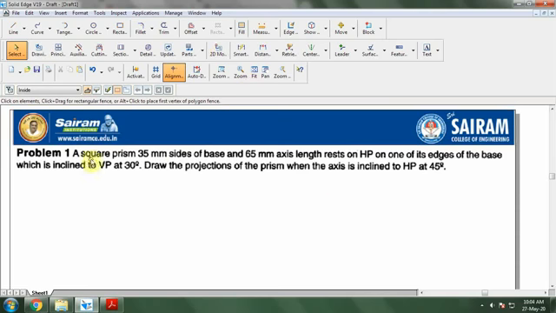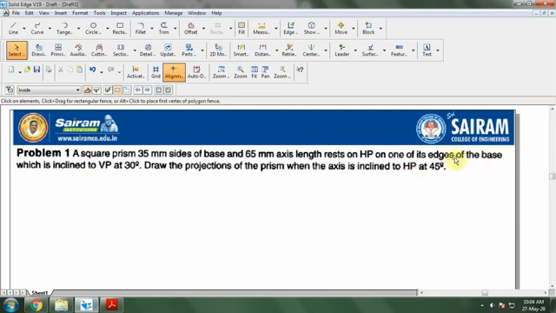So we are coming on to the solids. For almost all the problems, the solid will be resting on HP itself. So I'm going to start my initial position from the top view. And there will be a condition: either it may be resting on an edge or a corner. So initially you're going to take the right hand side as your initial position. If it is resting on an edge, the edge should be on the right hand side. If it is a corner, the corner should be on the right hand side.